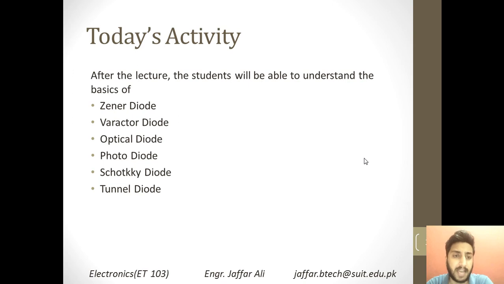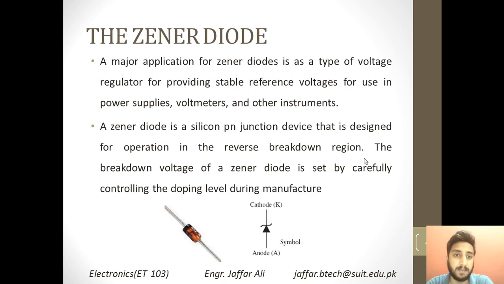So this was the previous lecture, and in today's lecture we will be learning about several types of diodes, how you can actually use different diodes and where they are used, and how these diodes differ from the basic p-n junction diode. So these are basically special purpose diodes. They are used for special purposes rather than the common diode, that is the p-n junction.